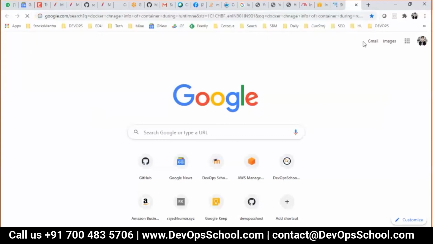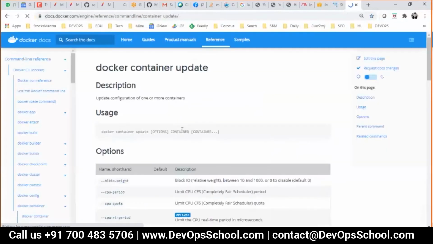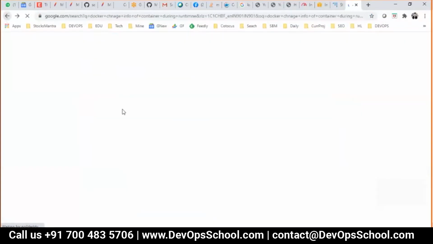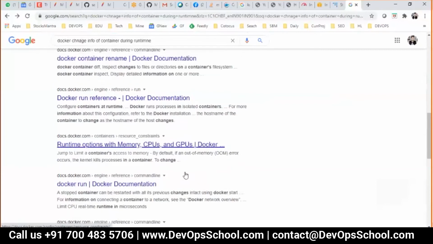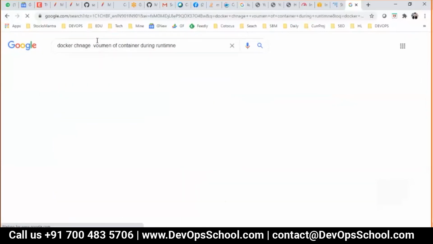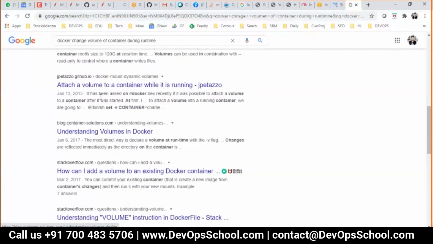Few blogs you will find on this. This is the CPU change. You cannot use this one, the update command. By the way, this was a task. So, change volume. This guy has tried.